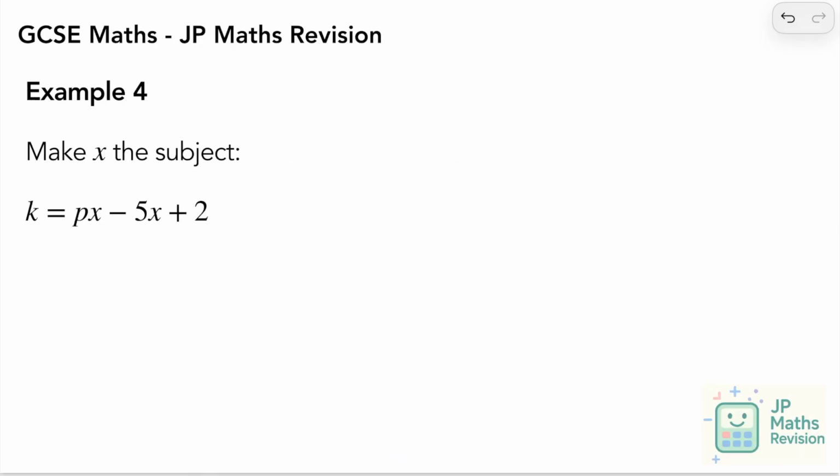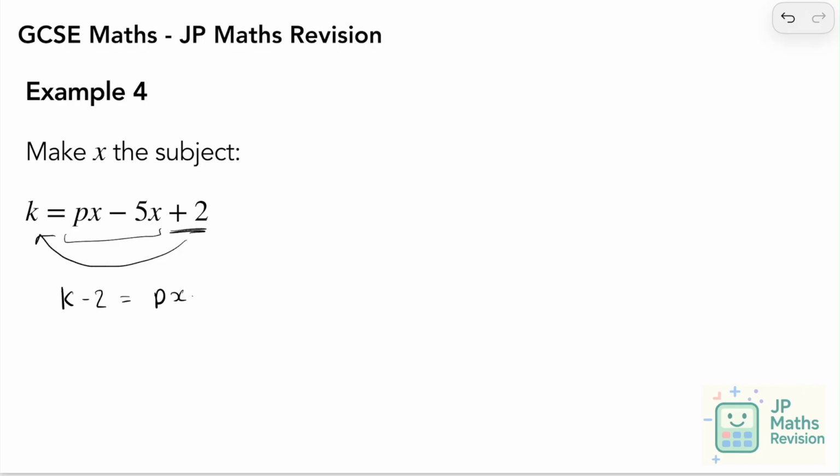So in this example, we want to make x the subject again, so we need to get the x terms together on one side and everything else onto the other side. So we need to get this plus 2 onto this side here, so that the x terms are together by themselves. If we minus 2 from both sides, we're going to do k take away 2